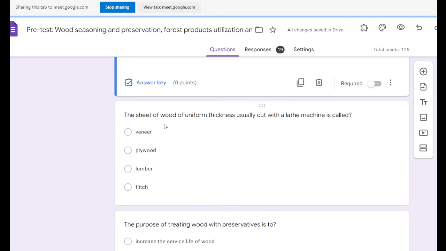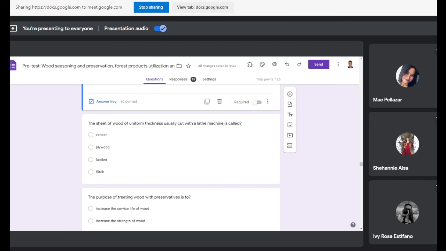The sheet of wood of uniform thickness usually cut with a lathe machine is called... a sheet of wood of uniform thickness usually cut with a lathe machine. It's called, answer,